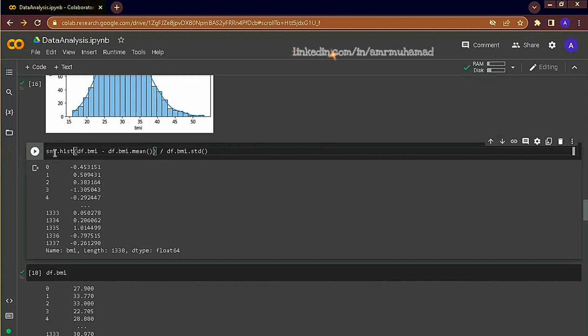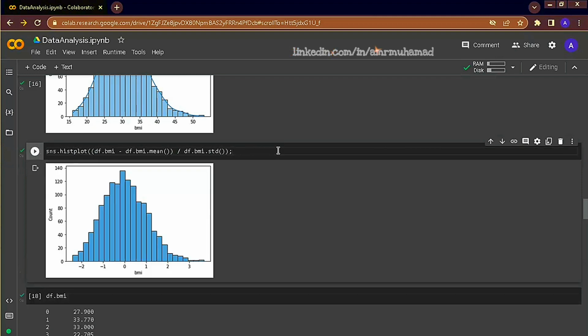Now we can plot this instead of the original plot, and we can see that the scale changed from 30, 35, 25 to 0, 1, 2, and 3. We can see that the mean is centered at 0, and we know that the mean is 30, so instead of saying the mean is 30, we say 0 mean.